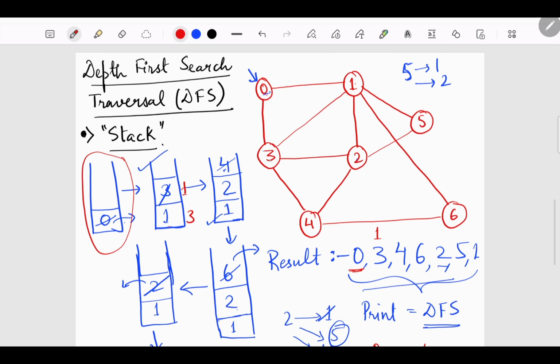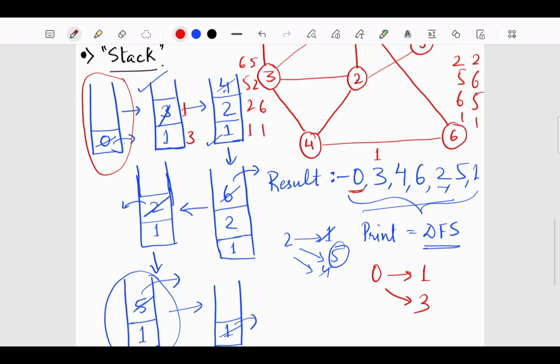So, which were the nodes adjacent to 1? 3 is already there, then 2, so 2 is here, then 5, 6. Okay. So after 2, say 2, 5, 6, either the elements could have been like this, or they could have been 5, 2, 6, 1, or they could have been say 2, 5, 6 or 2, 6, 5, 1 at the end. Okay. So in this way the order of the elements could have been changed in the stack, and that change could have given rise to a different DFS traversal.